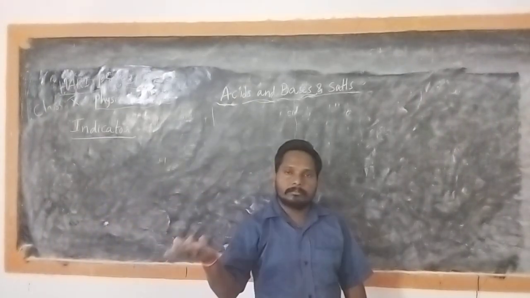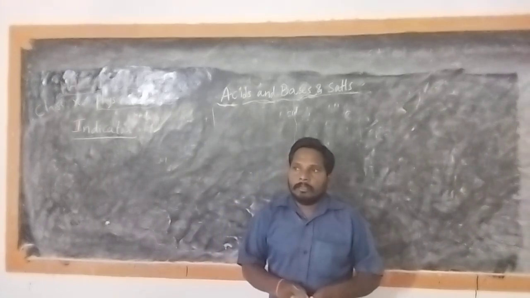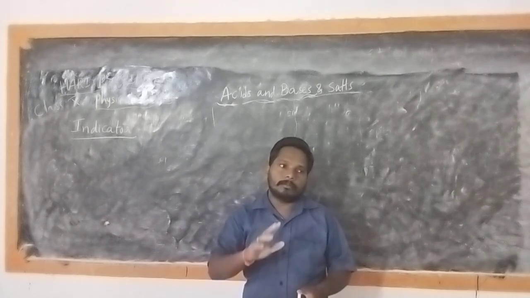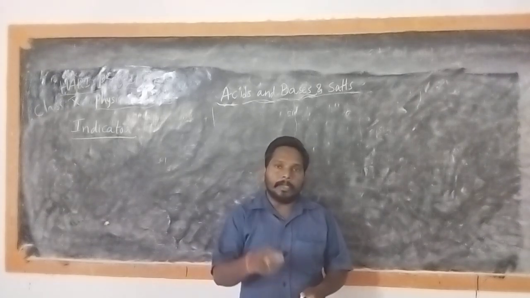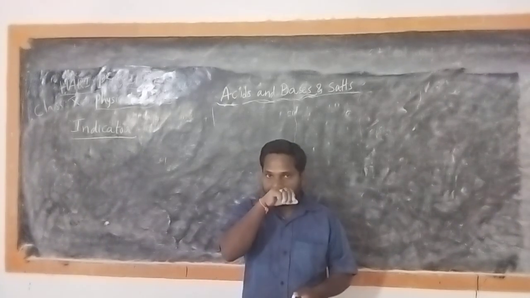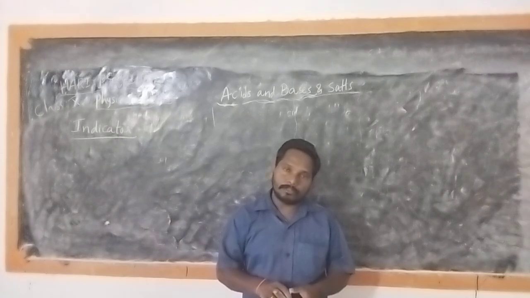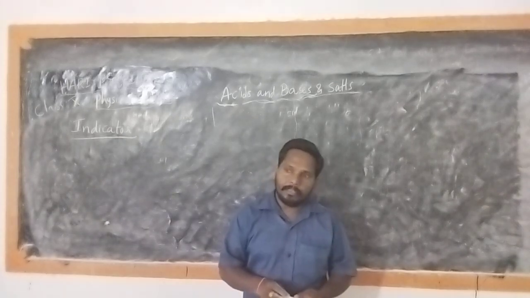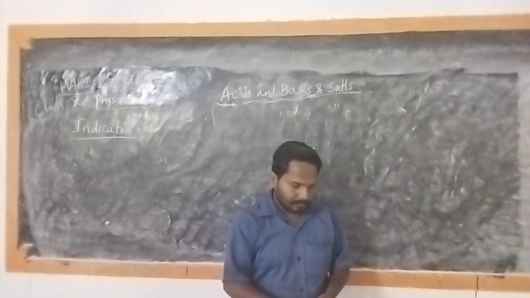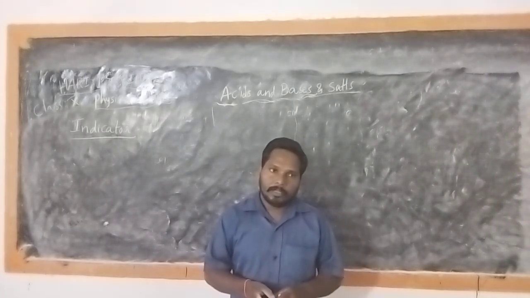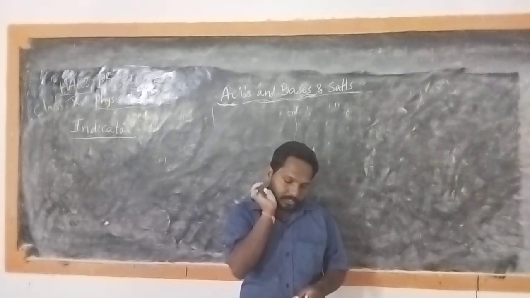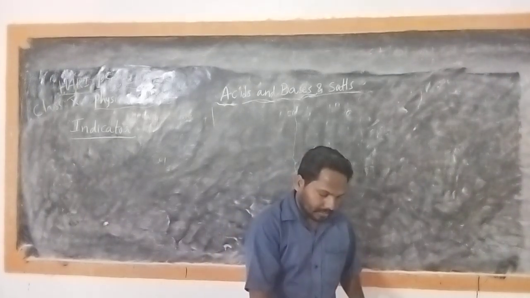As in previous classes, we had to test the nature of sulfur dioxide and magnesium oxide in the chapter metals and non-metals in class 8th. Even in class 7th, you had to identify some substances as having acidic nature or basic nature. So there are some indicators. Let us understand what it is.